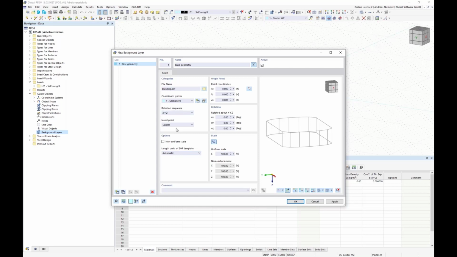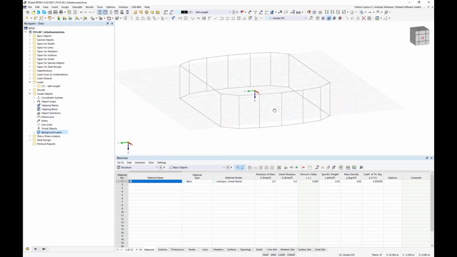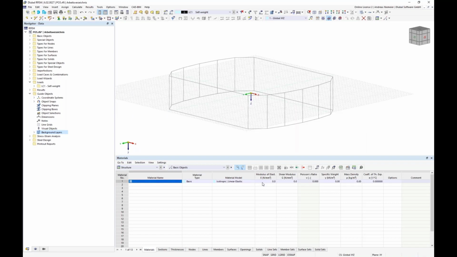The only thing you can or have to define is at least the scaling of the unit. My technical drawing is based on meters, therefore I have to select it here, and the other settings will allow you to rotate or mirror and so on. So with confirmation of this item, we get such a line geometry in our RFEM, which gives us these basic